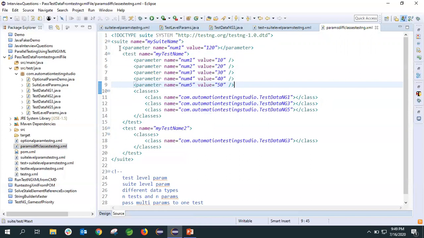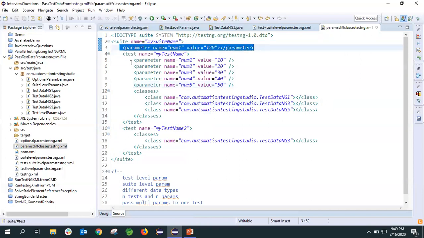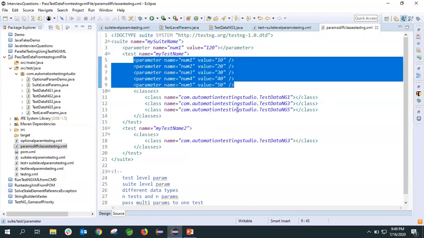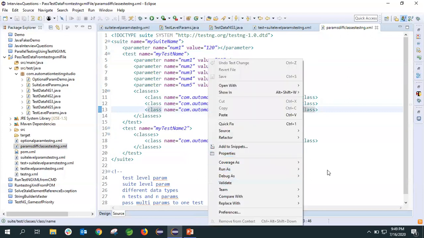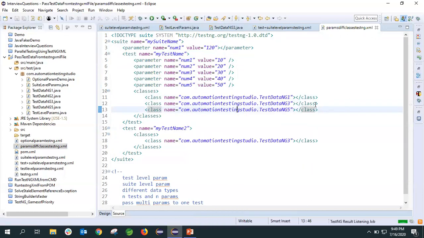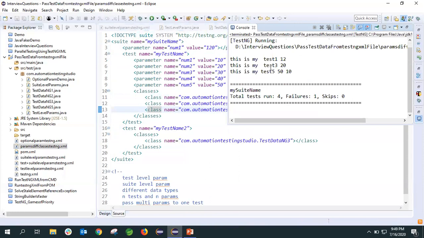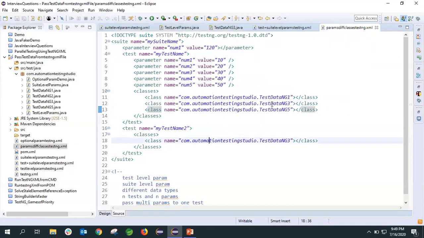Here I have defined at suite level, and at test level as well. If we run this, we will see that different tests got executed, and this one is 3 tests we are seeing here, but here we have 4. Maybe the parameter is different.